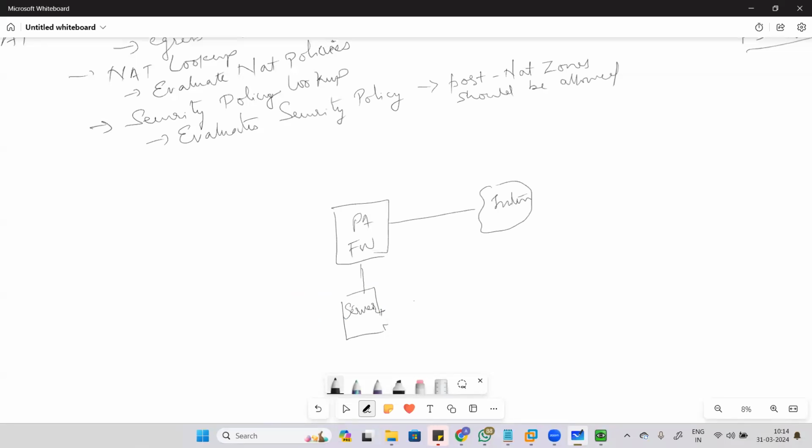Server. Okay. So let's say this is your server, and the IP address of this server could be, let's say, 172.16.3.10. Okay. And you are coming from the internet, and let's say this public IP address is maybe 100.100.100.10. Okay. Now,